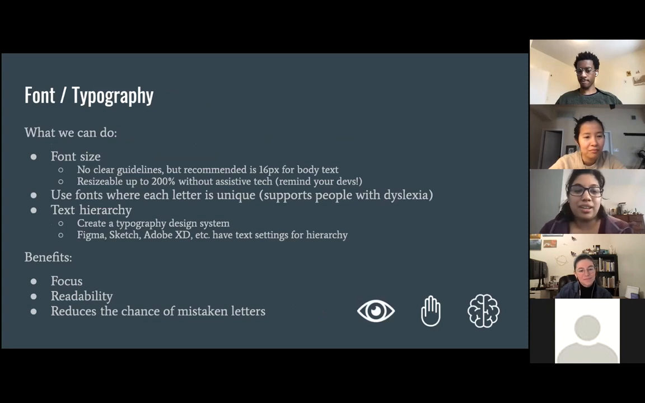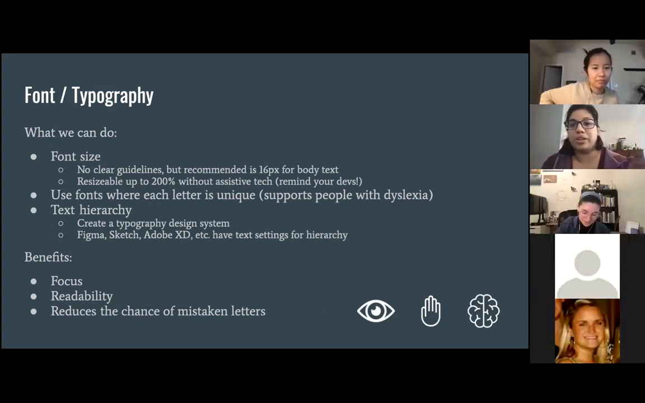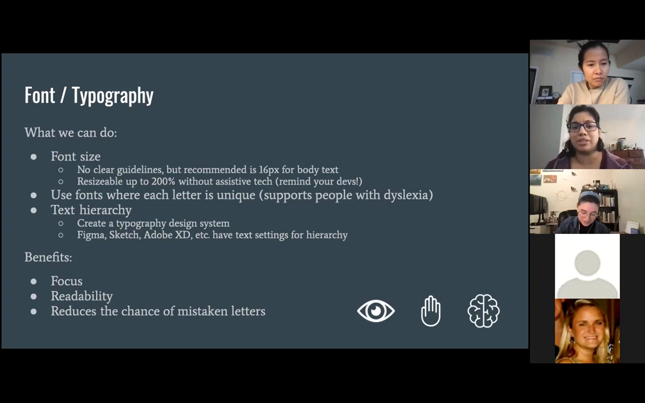Cool. Specifically, when we look at design, font and typography can really make or break the experience for people. So making sure that font size is large enough. There's no clear guidelines on this, but usually 16 pixels for body text is as small as you really want to go. And then all web pages, you should be able to zoom up to 200% without additional assistive